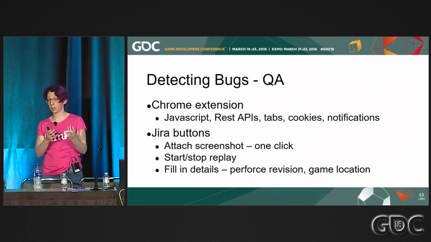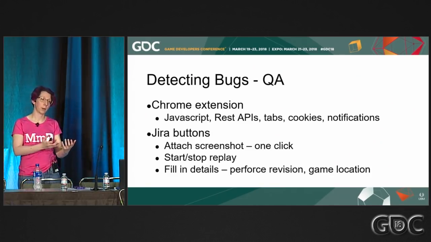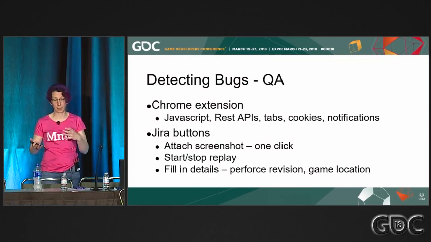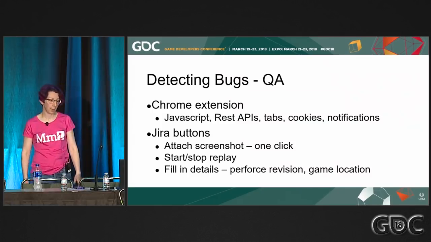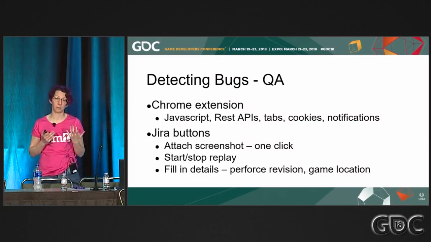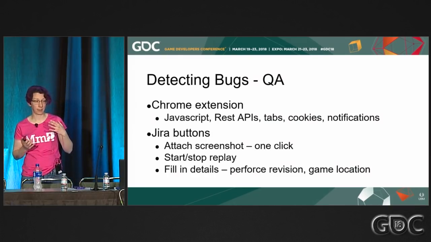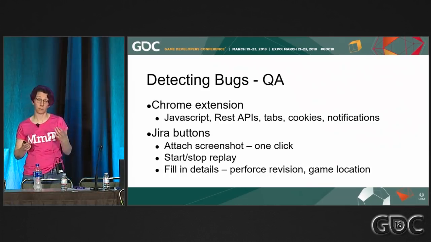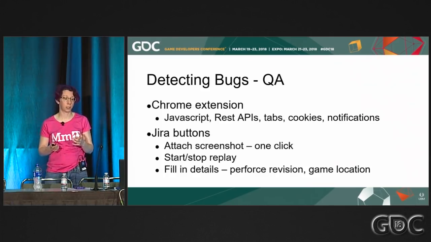So if I detect a Jira tab, I can add extra buttons into the Jira tab. I did look at doing it as a Jira extension, but I backed quickly away from that, and the Chrome extension was much simpler. It can also access your cookies, so we use that to find out what your PSN login is, which then means that I can find your dev kit via our server and talk to it, and it can display some notifications on your screen.